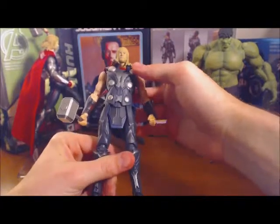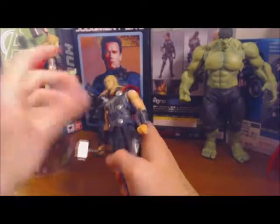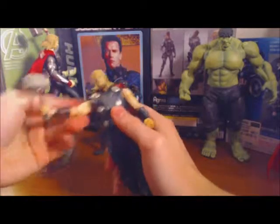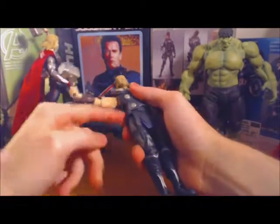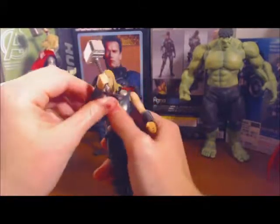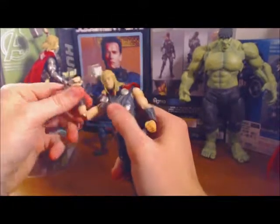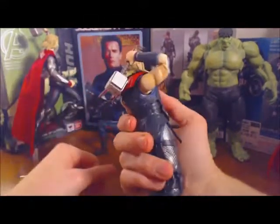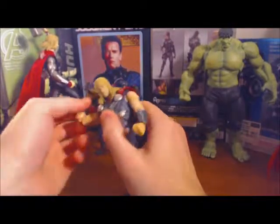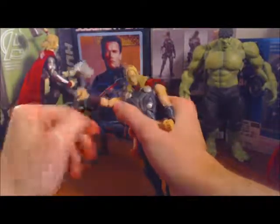Again, he's got a lot of nice colors in his costume. I think it's probably movie accurate. I don't remember. Moving on down from his arms, again, you've got the hinge in there, swings out, rotates around, the butterfly joint so he can bring his arm across, which is very nice. Double hinged for the elbow. Again, that little internal mechanism they used that kind of hides the joint, which is nice. His gauntlets rotate at the mid